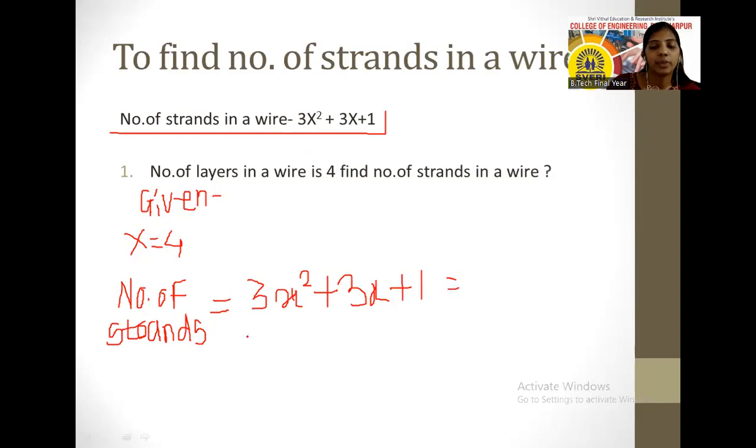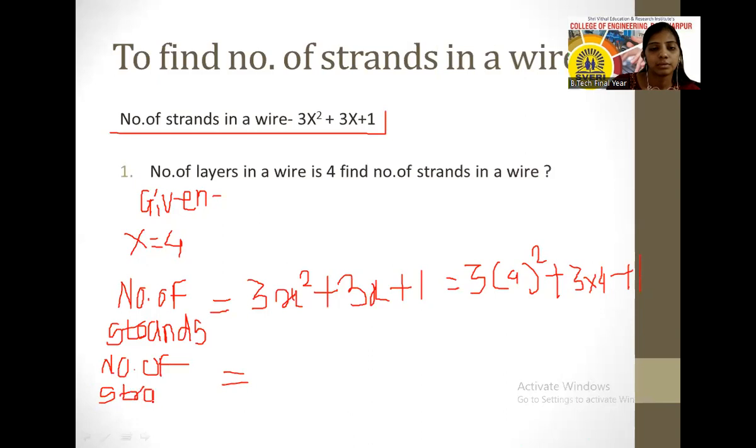So just put the value of x. What is the answer? Four square